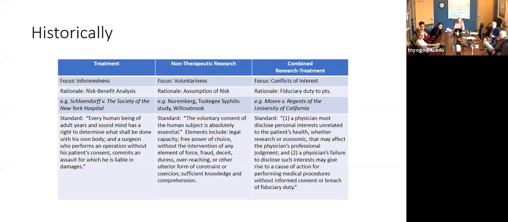So I've also identified some primary concerns or foci in each of these 3 categories. These are my own observations based on reading the literature and the case law associated with each of these categories. If I had to thematically identify the priority for consent in each of those, I would say that the concern with consent in a treatment scenario is informativeness, whether the person is informed, with the rationale being that they need to be informed in order to calculate the risk-benefit analysis of treatment, with benefit being the thing that distinguishes treatment from research generally, benefit to the patient.